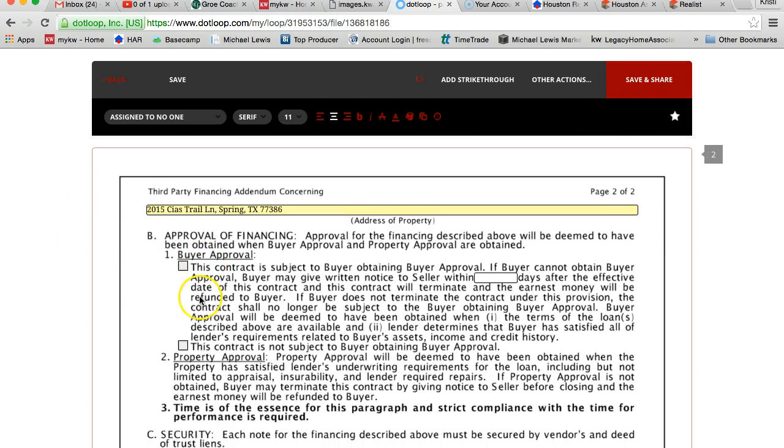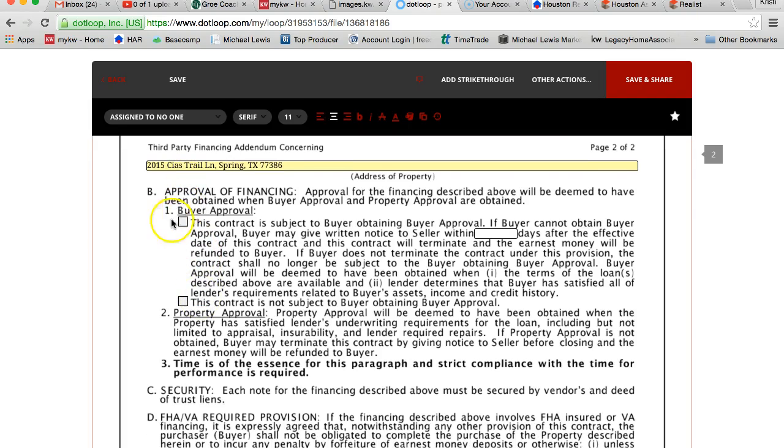Now, paragraph B, this is important because this says this contract is subject to the buyer being approved for financing. Yes, it is. So we're going to go ahead and check that. And then it says the buyer may give written notice to the seller within so many days after the effective date of this contract, and this contract will terminate and the earnest money will be refunded. So this is the number of days that we're going to give our buyer to get full financial approval from the lender. I would probably put 25 to 30 days in here,